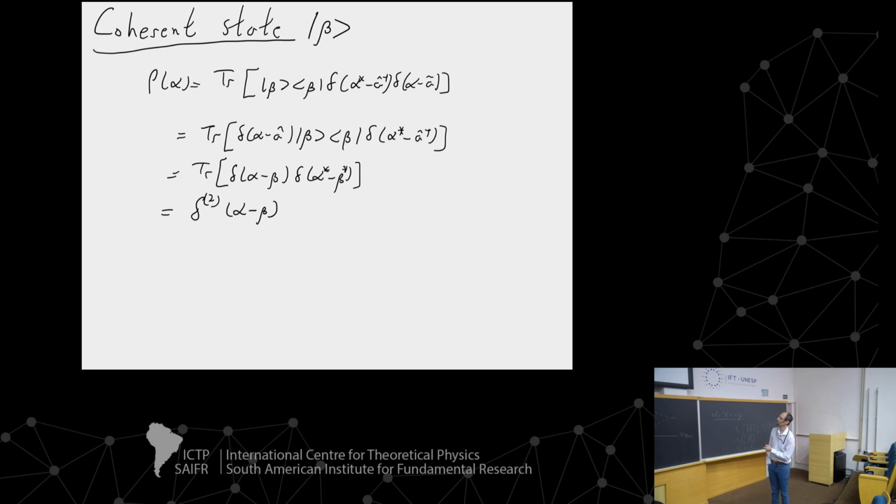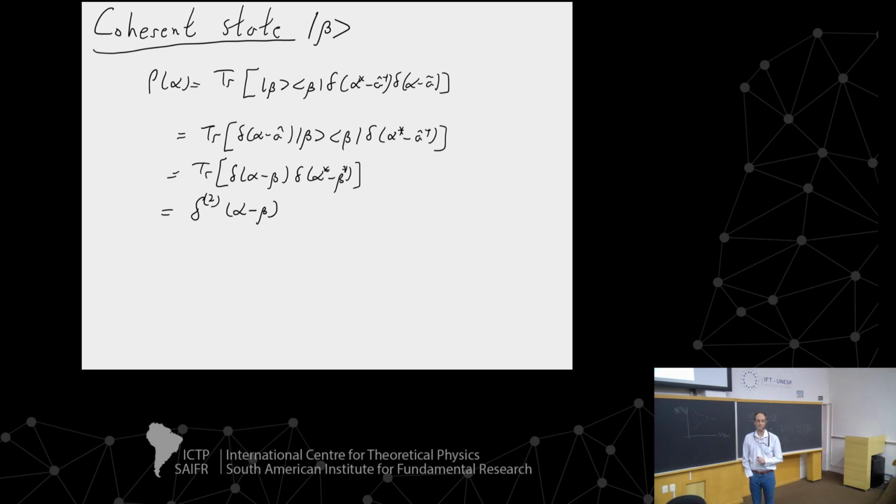Okay, once again, you can use the cyclic property, and when you apply the delta function on B, what you have is delta of alpha minus B, and same here, alpha minus beta. Same on the other side, alpha star minus beta star. So that's basically what you call delta square of alpha minus beta. So what you see is a 2D delta function. Okay, that's also reasonable, sort of. It's not something like a very smooth function,